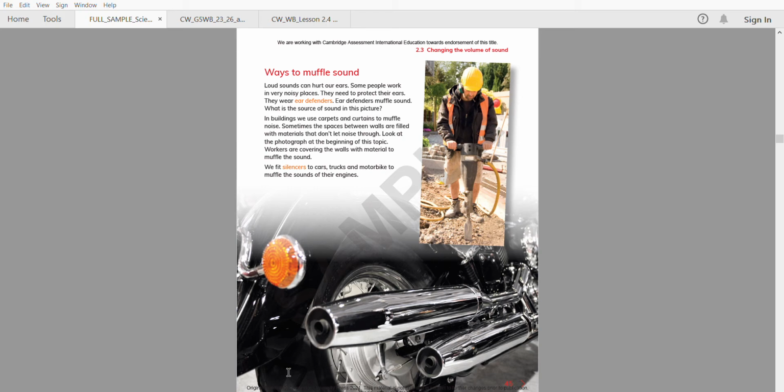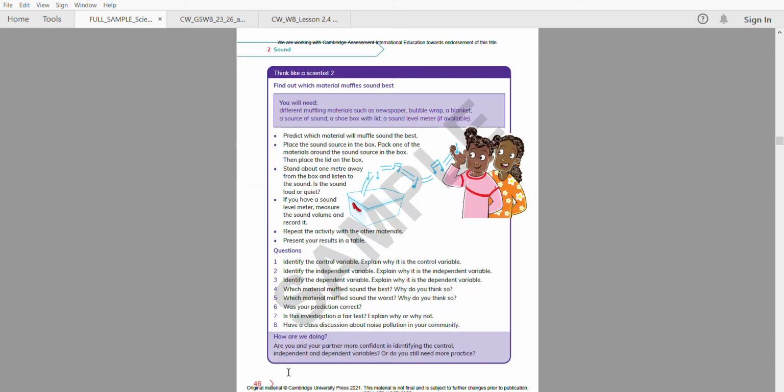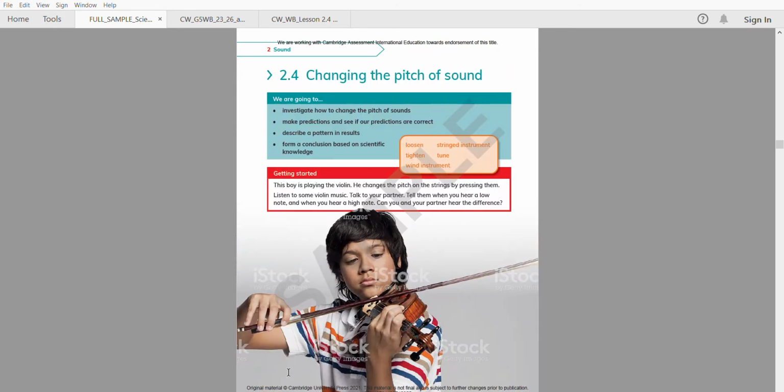All right. So I asked you to create a chart and outline the information, and they are all in your writing notebook. Okay. We also learned about changing the pitch of sound. So in this particular activity, you were introduced to the different keywords such as loosen, stringed instrument, tighten, tune, wind